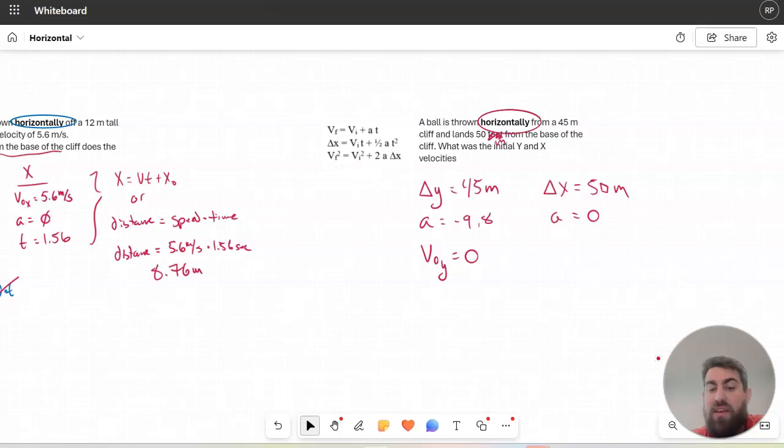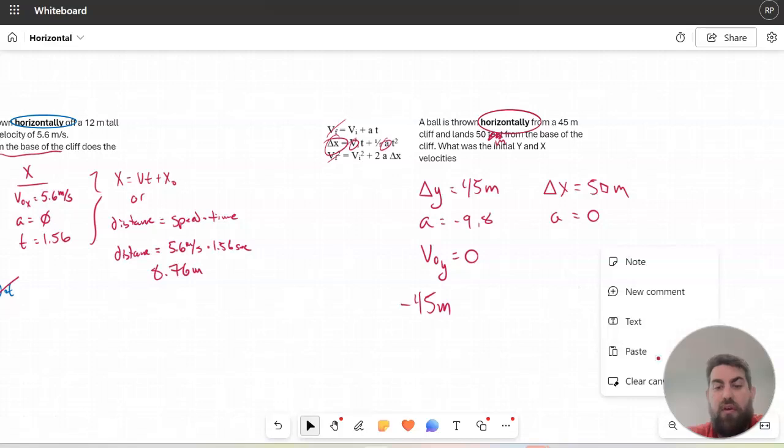All right, we have 3 things in the y. That tells us that's where we should start. So we have a change in displacement, we have an initial velocity, we have an acceleration. We're looking for time. So that tells us it's got to be that middle equation because we don't have a final velocity. If you've been in my class, it's the one I've listed first on the whiteboard, but it's still the same equation. So negative 45 meters because the ball's falling downward